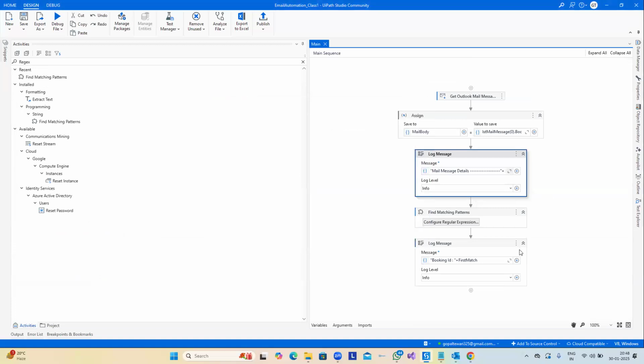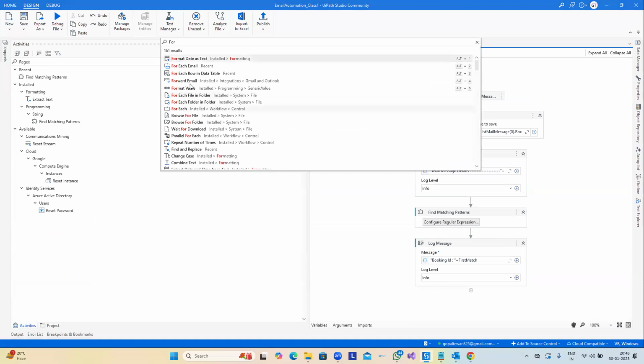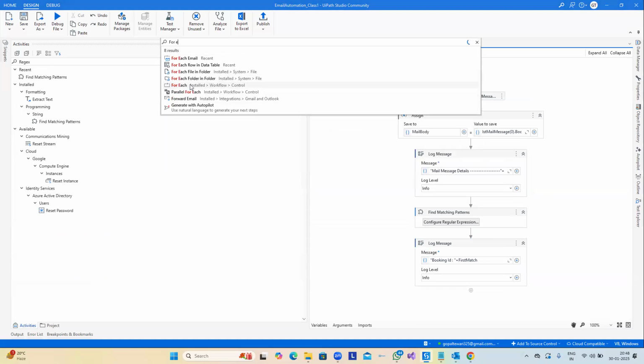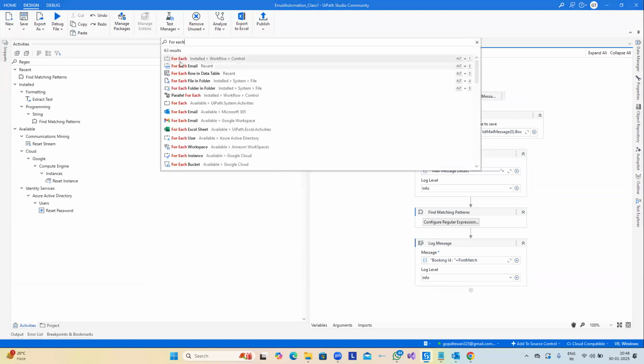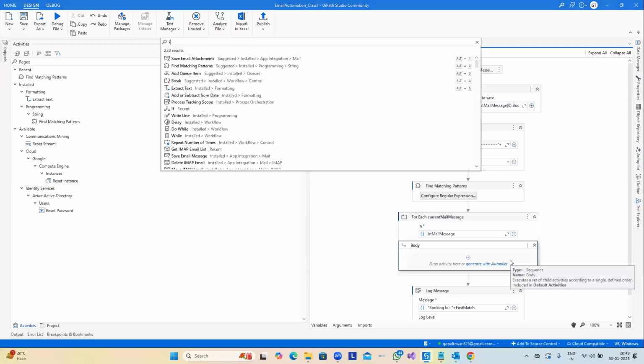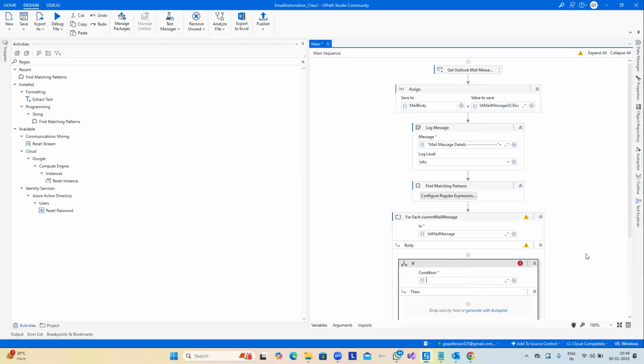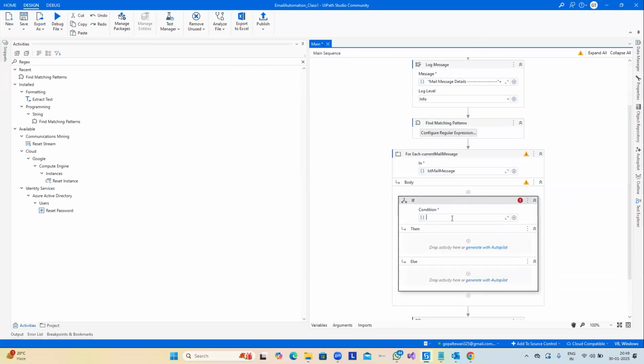Now we saw how we can read out the mail properties. Let's utilize the attachment as well, how we save the attachment, right? So I'll utilize a for loop first of all, and I'll show you how we save the attachments. I'm going to loop it, and here I will provide my list of mail messages. In the body, I'll utilize an if condition first of all, because I don't want to fail there. If I directly utilize it without the condition, I'll show you what happens. First of all, I need to check in my current mail message whether the attachments property has